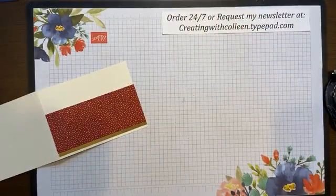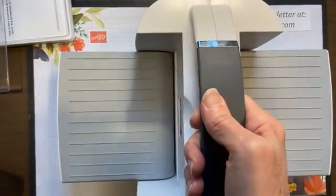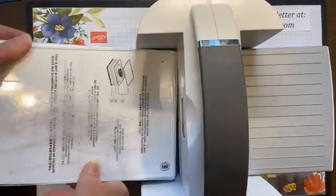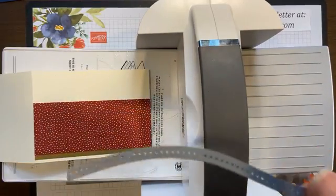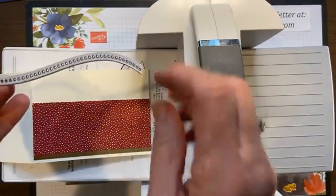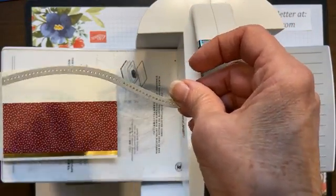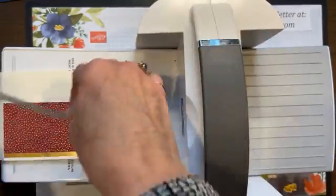So let me stand up. You always have to stand up when you're doing the Big Shot, or the die cutting machine, I should say. So I have my die cutting machine here. I am using the base plate. I am using the thin plate because I'm cut number 2. I'm cutting with the dies and then one of the acrylic plates. Now, as we talked about last week, whenever you cut, you just need to be sure, do you want the dots or do you not? So you always have to look where the cutting edge is. So if I wanted the dots to be at the top, my cutting edge would be at the top, so my dots would come through down on the paper. But I was afraid that might be a bit busy, so I'm going to turn it this way. See where my edge is? So when I cut it, my dots are on the top,